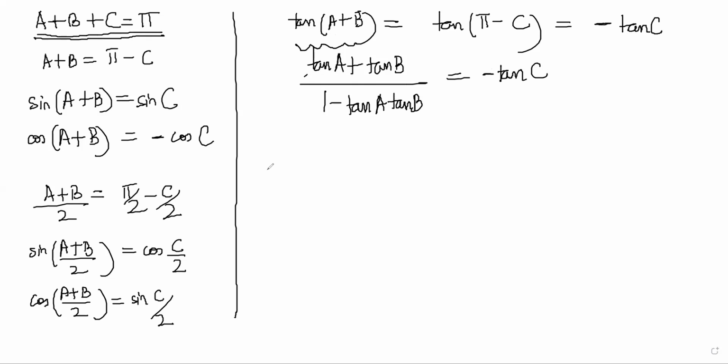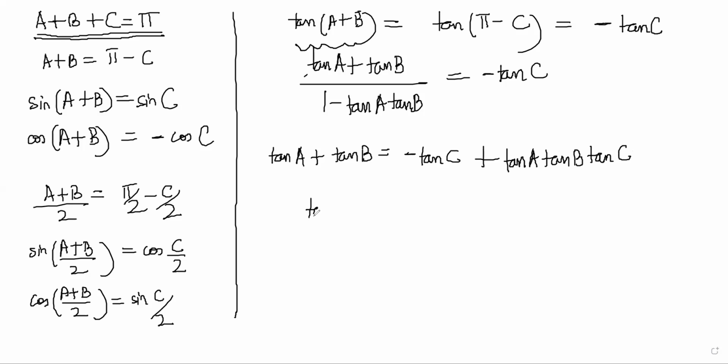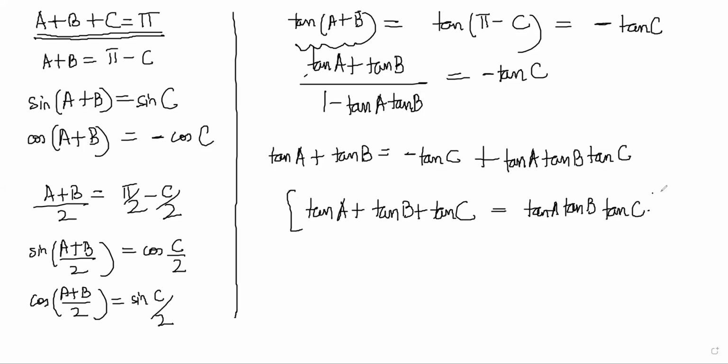So then cross multiply, you get tan A + tan B = −tan C + tan A tan B tan C, right? Yes, sir. So you get the identity, which is very important. This identity, see, tan A + tan B + tan C in a triangle is equal to tan A tan B tan C, right? Yes, sir. So this is another identity. So many such identities are there in exercise 20, and it is your job now to try to prove everything in exercise 20.